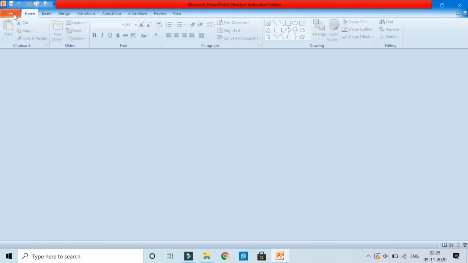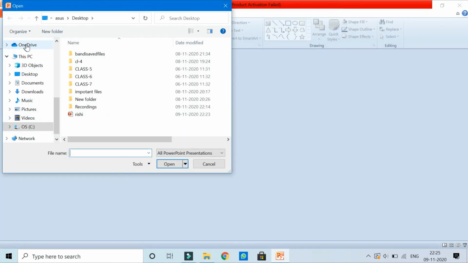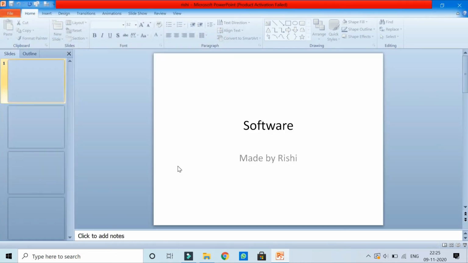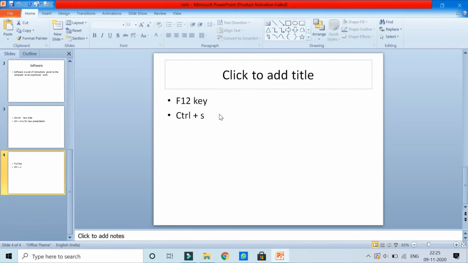If you want to come back to your previously saved presentation, what should you do? Click on File and say Open, and it will ask you which file you want to open. You go to the desktop, and my file was Rishi, so I click on Rishi and say open. This way I can open the PowerPoint presentation.